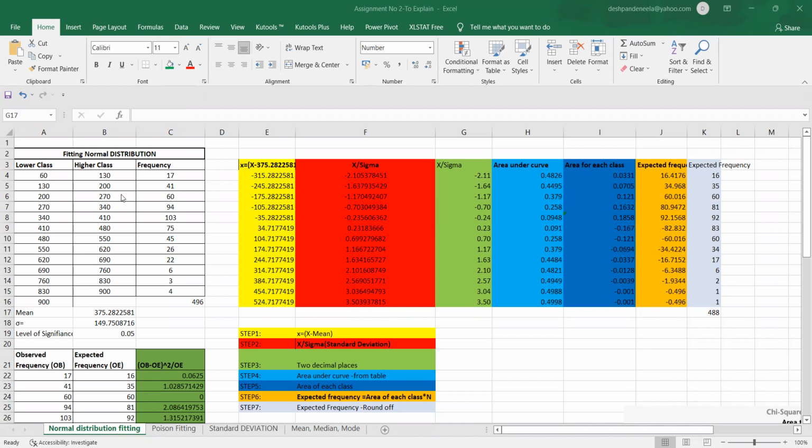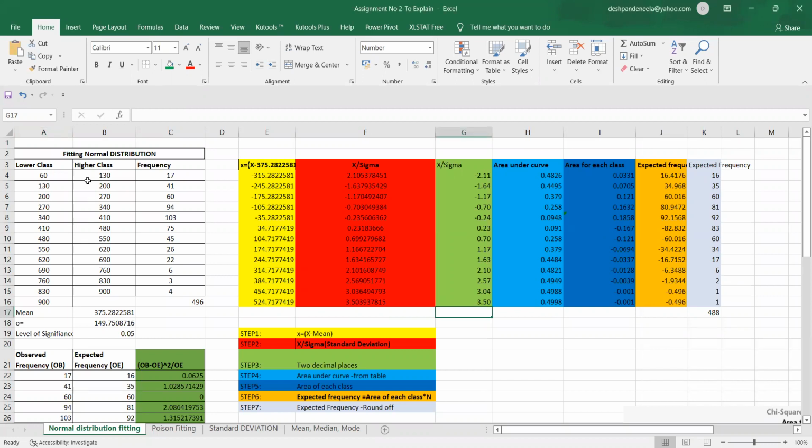How you are going to do this particular practical, I'll tell it to you at a later stage. You will do it in Excel itself, but the problems which are given to you are going to be different. They will immediately after this session be in your Google Classroom, or come to you through your mail. Now, this is the problem which is given to you, which has a lower class